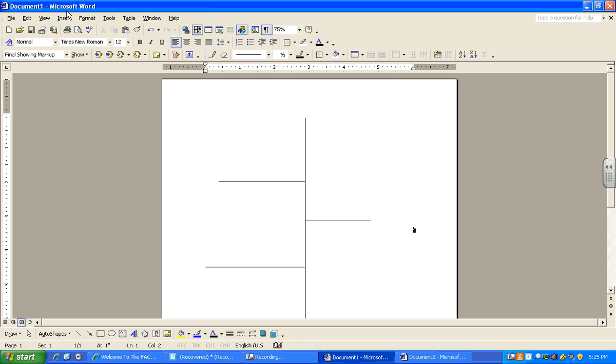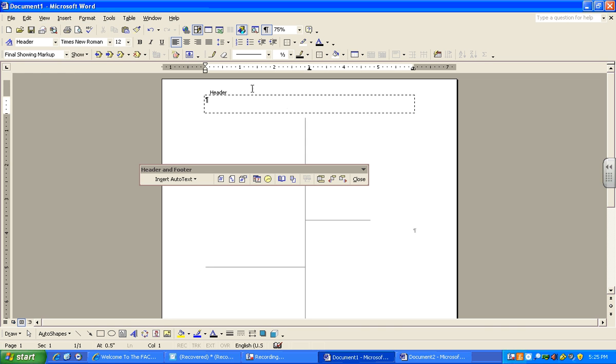First, you would click View from the menu bar and click on Header and Footer. Now our header and footer dialog box appears, and you will see that the rest of the document is shaded out because that means we can only type in this box right here. So usually in the header, you guys will probably be typing your name, date, and hour. So we align right, and you would then type in your name,